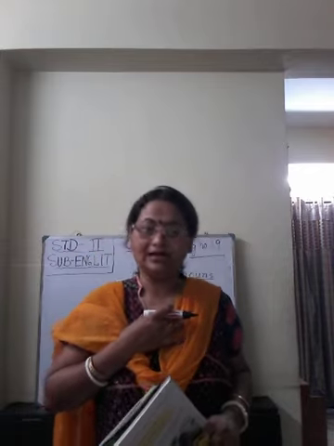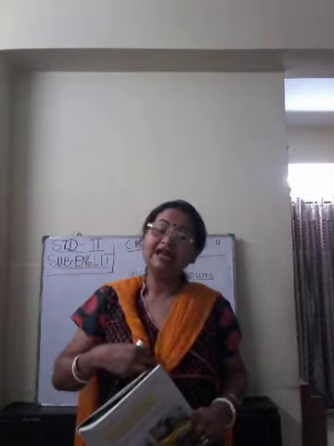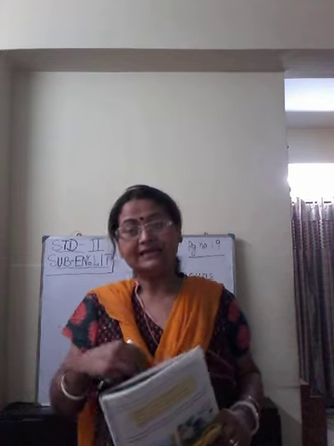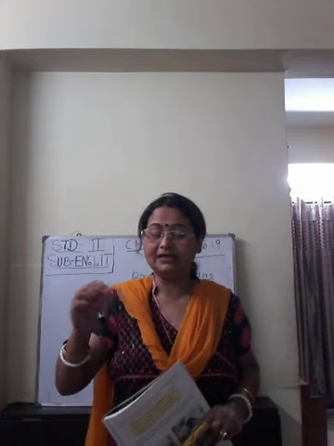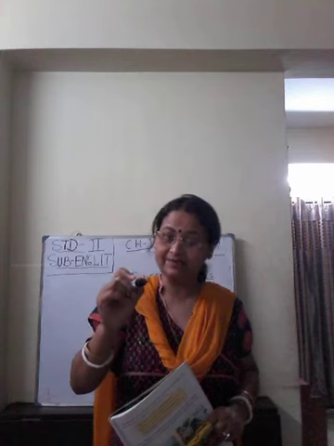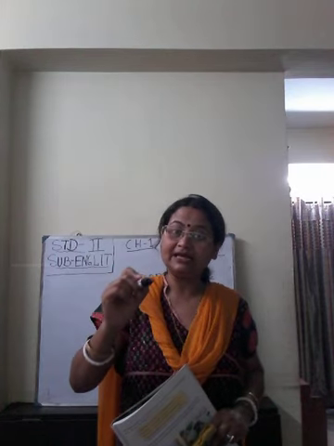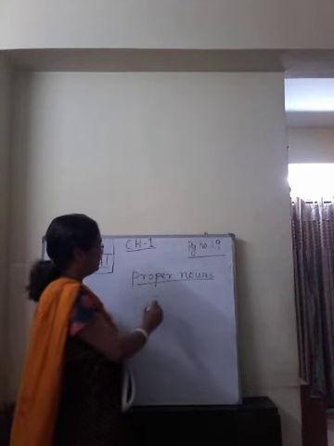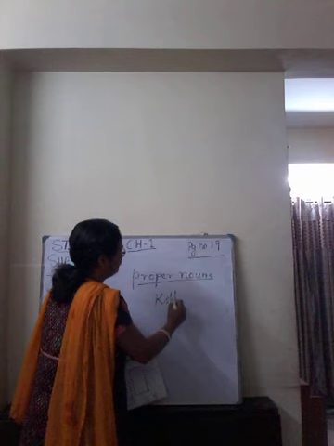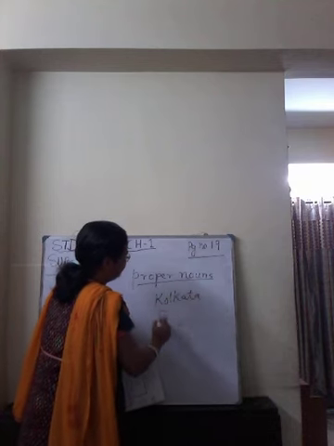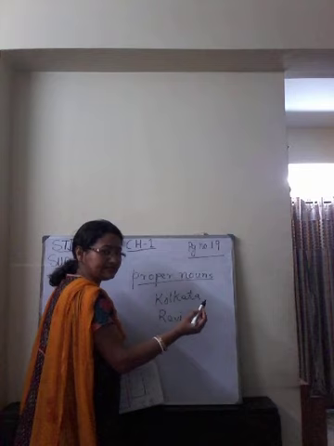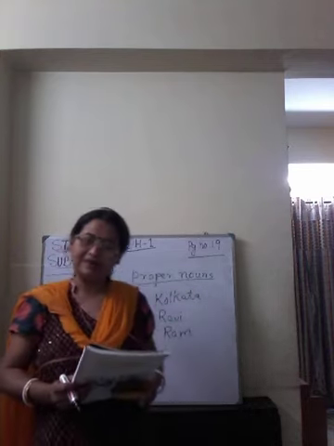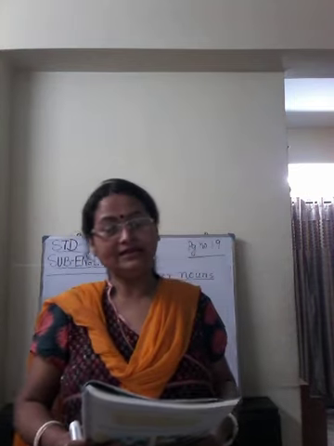Suppose I live in Kolkata. Kolkata is the name of a city. Now I can say that there are many people who live in cities. But when I say I live in Kolkata, now Kolkata is a specific name of a city. So Kolkata is a proper noun, or we can say a special name given to a city. Then Ravi. Suppose Ravi is the name of a boy. Ram, etc. They are all special names. They are called exact names.